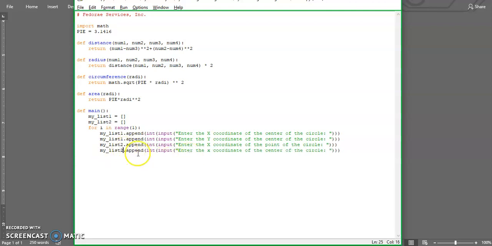So we're appending these to the second list right here, and this should be y, and this should be the point that we're receiving, the point. And let's say what we can do here is give this thing some space,